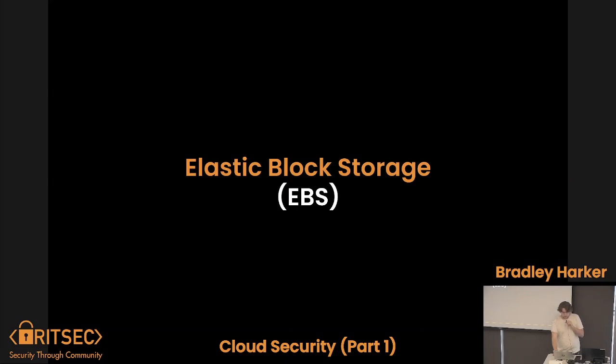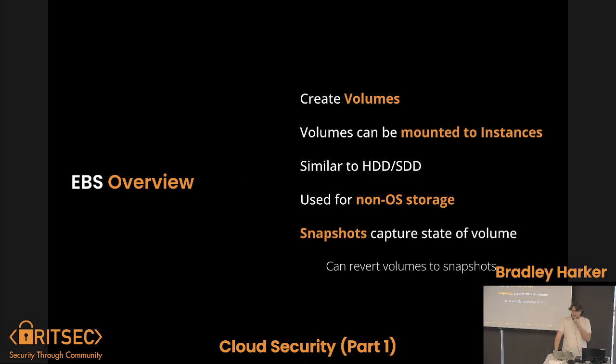So there's another thing called Elastic Block Storage. Think of this as an external hard drive for your virtual machine. You can create what are called volumes. Volumes are similar to a physical drive. Volumes can then be mounted to instances. This is where all of your storage happens outside of your operating system. When you launch an EC2 instance, it has a very small amount of storage for its operating system, and then an EBS volume gets mounted to it